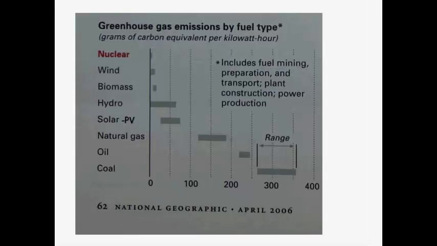Here's a graph that, if you are talking about different forms of energy, I've not really found a better representation of this. Perhaps if some of you have, show me or send it to me or type it in the chat and let me know. But this is showing the greenhouse gas emissions by fuel type. So it's using grams of carbon equivalent, so that is carbon emission equivalent, and it normalized it to kilowatt hour of energy. But it could have been joule, it could have been BTU, it could have been calorie, it didn't